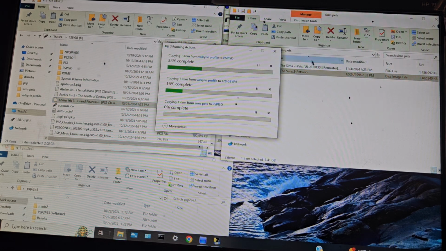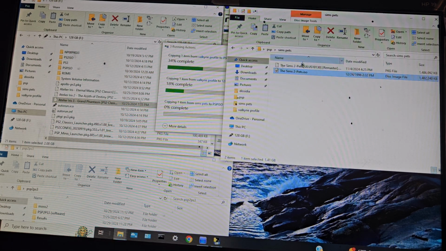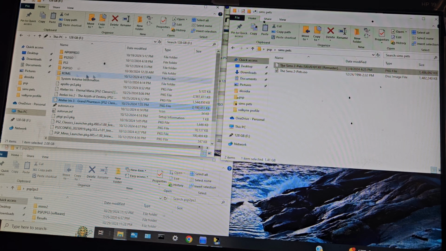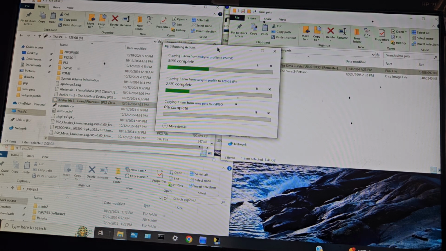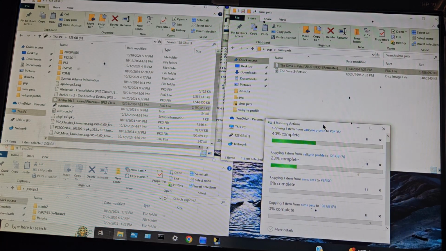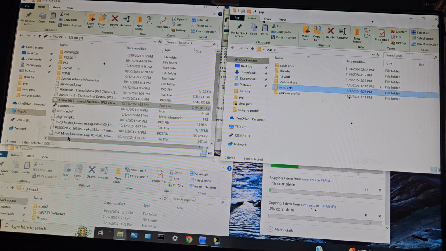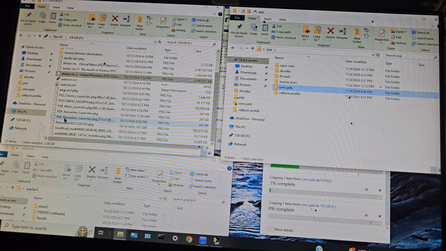One of the cool things about the, what's it called, when you use this emulator that I am going to show you. I'm going to move that over here so I can actually see it. When you put these ISOs through, it's called the PSP Remaster. I actually have it right here. It's the PSP Remaster Launcher PKG. You get, like I said, you can find it on